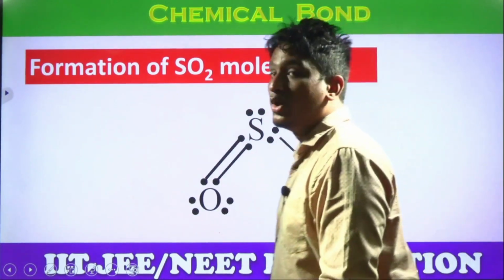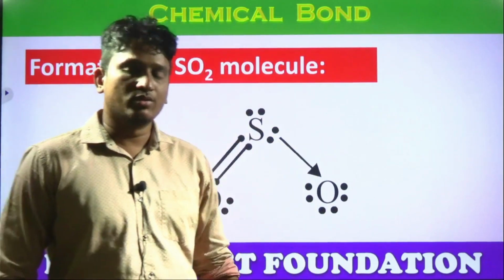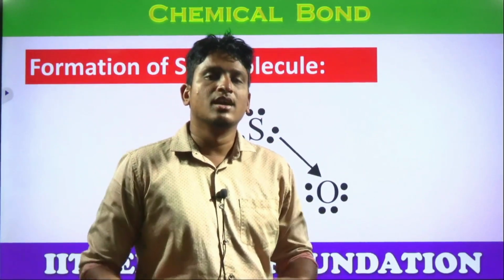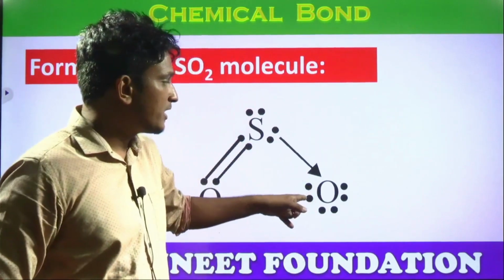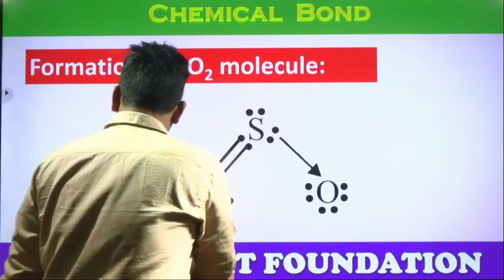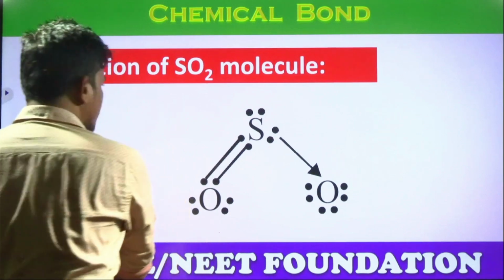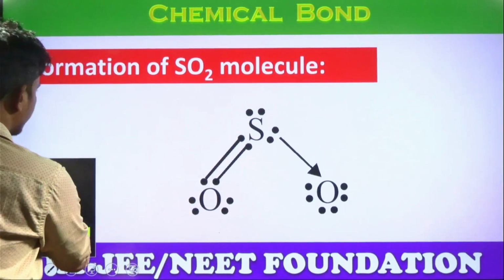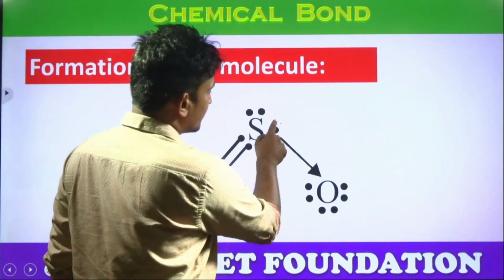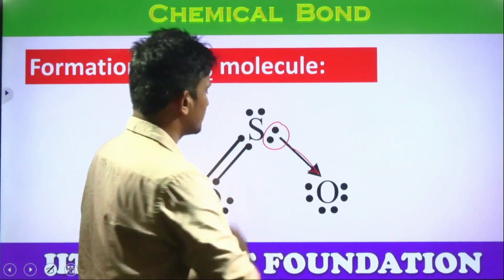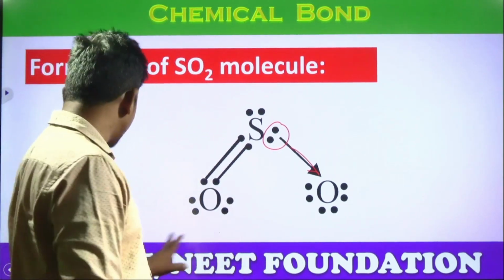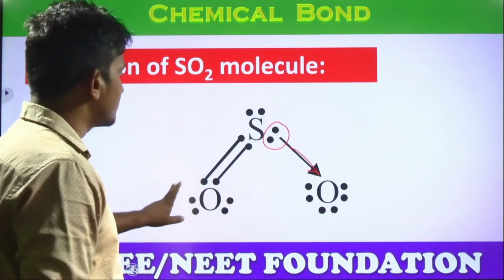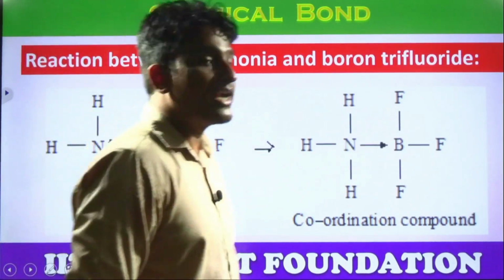Look here, lone pair of electrons. We already know lone pair of electrons: a pair of electrons which do not participate in the bonding is called a lone pair. Students, look here. This lone pair of electrons from sulfur is contributed towards the oxygen. Yes or no? So here it is a coordinate covalent bond,